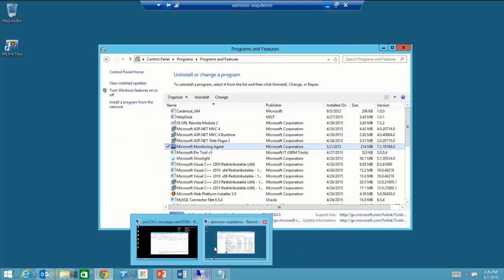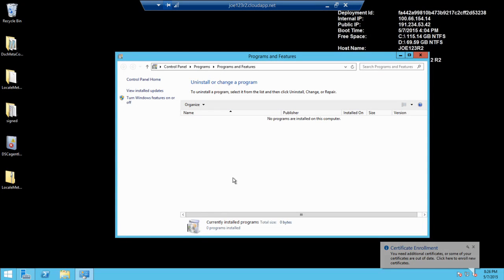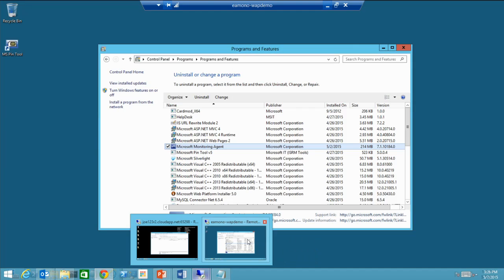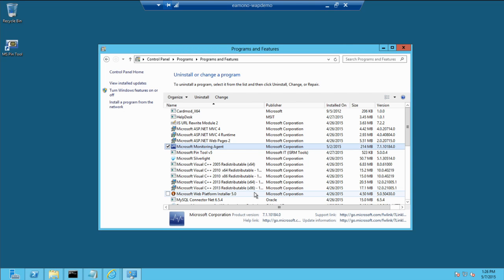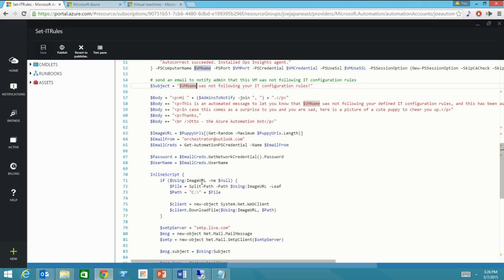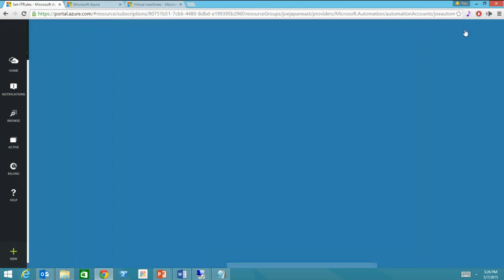So just to show you, if I go over to my VM in Azure, you can see that the MMA agent, the Operational Insights agent, isn't there right now. So it's not really following the rules. Whereas my on-premise VM, you can see does have the Op Insights agent on there. So it is following what I've set as my desired configuration rules for my IT policy. So if we go back to our jobs,